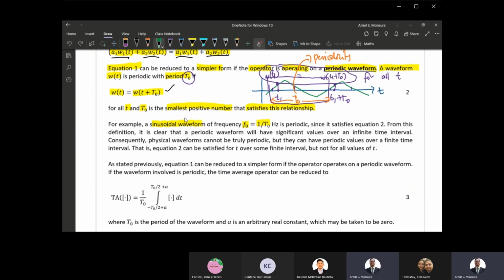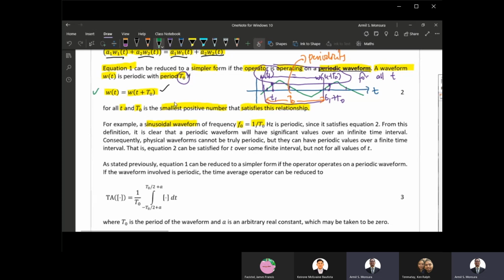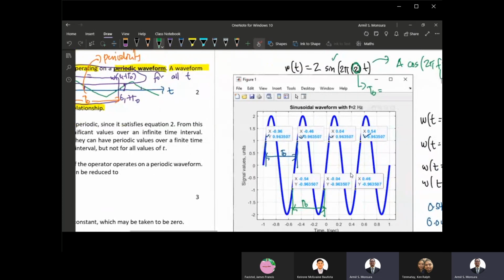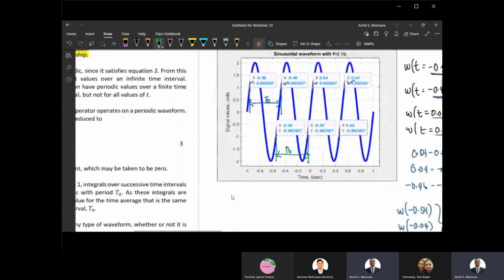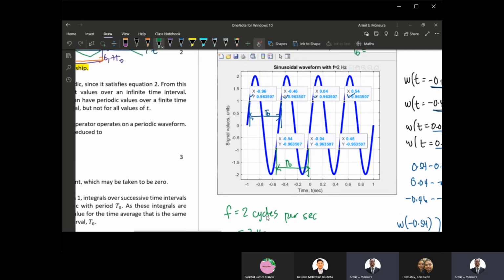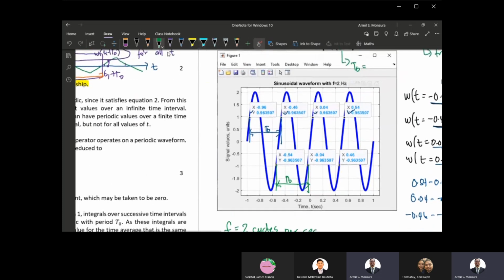So lahat ng waveforms that comply with this requirement, not just sinusoids, but kahit anong waveforms that satisfy that are said to be periodic. And kapag periodic yung sinusoid niyo, ganyan siya. Meron siyang pattern na uulit. Okay, by the way, saan pala natin mababasa yung tinatawag na F equals 2 cycles per second, o kaya 2 hertz? Ito siya. Yung 2 cycles per second na yan,